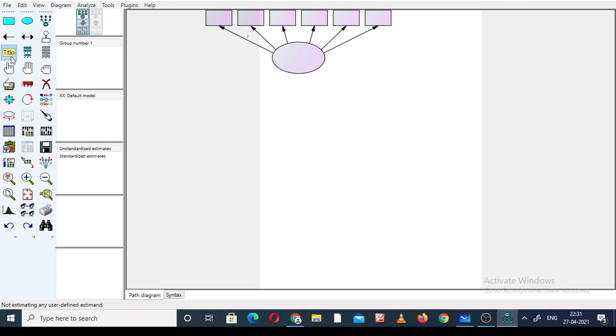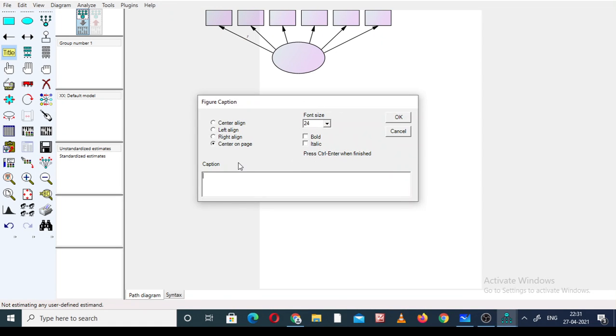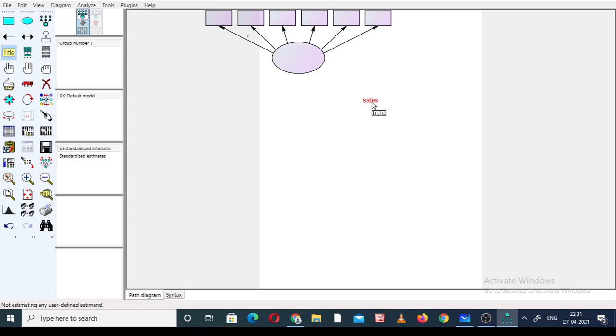This is the title. Title is what? Title is A1. This is A3, A3 is the data file. We click on this one. Suppose I give the name Sales. This is okay. So we give the name, the title. We give the title to this particular plotting with the help of this title box.